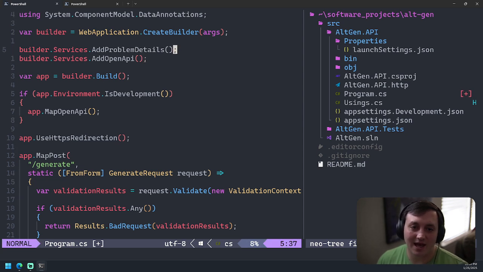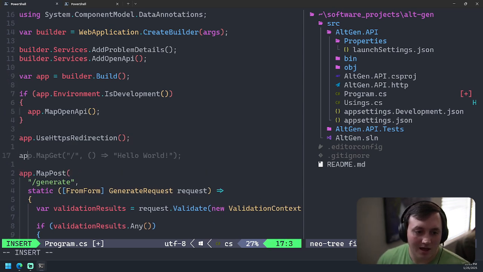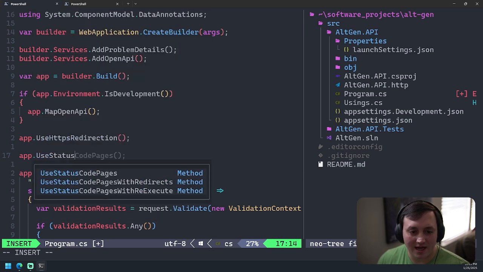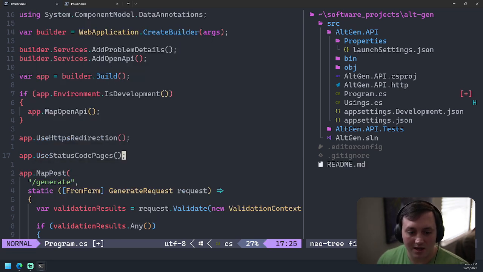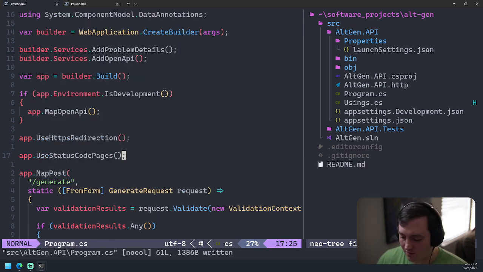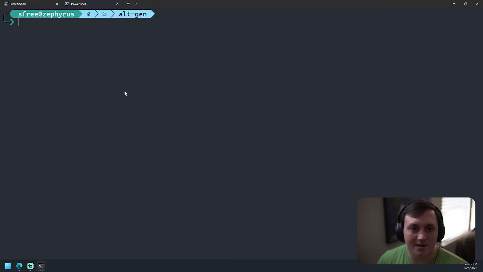Now what this does is it adds a service that is going to help generate problem details, which, if you haven't heard about them, are just a standardized way of describing error messages in an API. And so after you've added that up above, you can come down here to your actual app and you can say app.UseStatusCodePages.